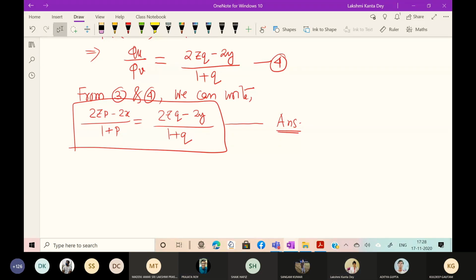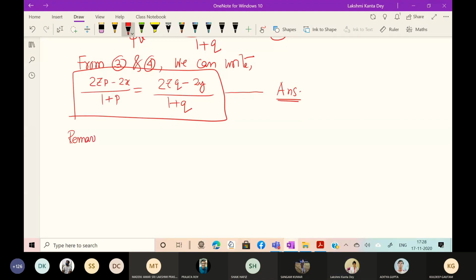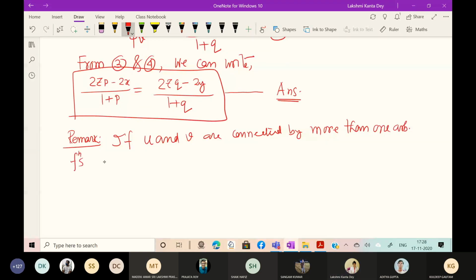Yeah, very good. So you can write one remark: if the functions u and v, what is u and what is v, that you know, these are functions of x, y, z, and z is dependent, x and y are independent, if these are connected by more than one arbitrary function, that is phi1 u comma v plus phi2 u comma v up to phi n u comma v equal to 0, where n is strictly greater than 1,